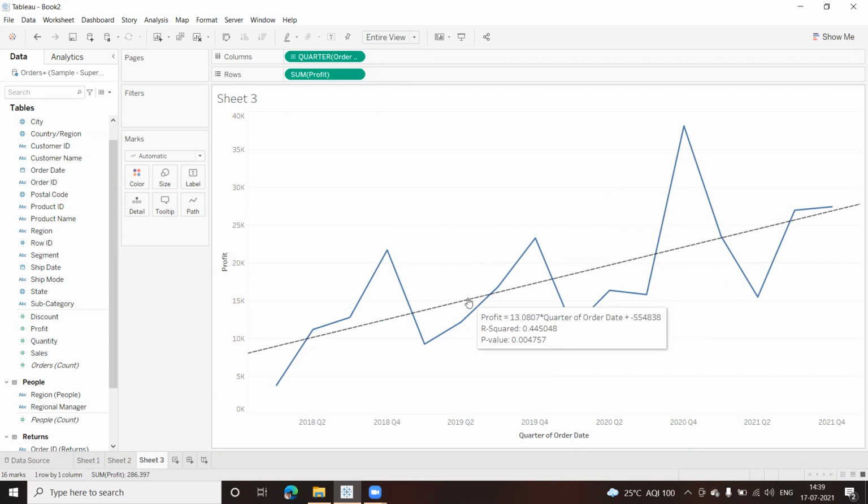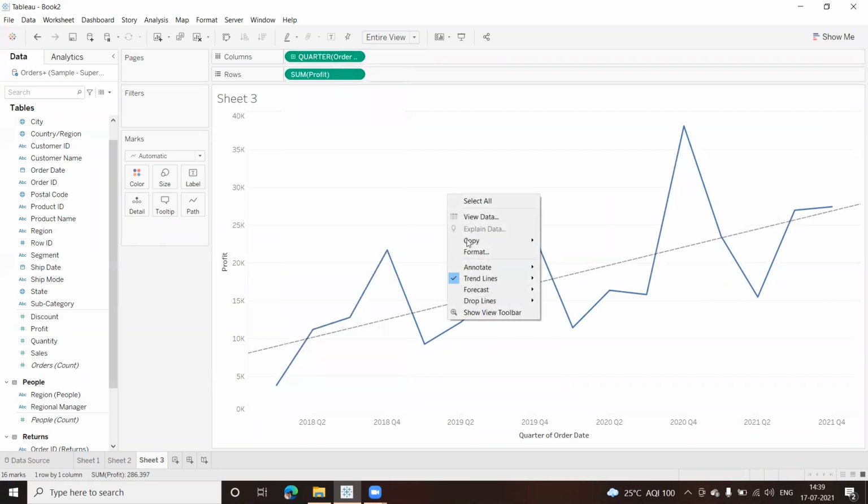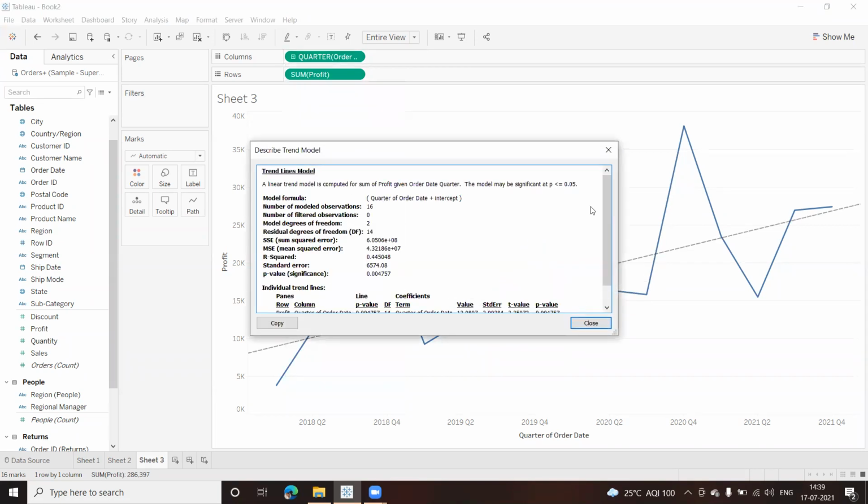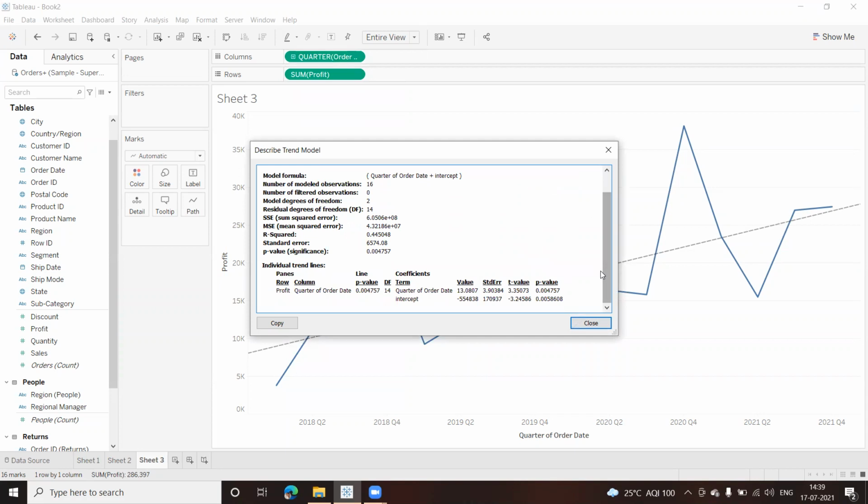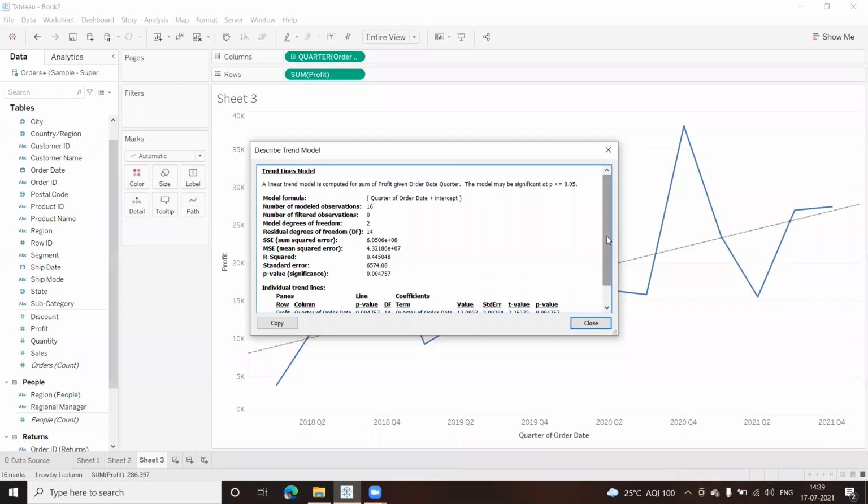Look at this: R squared, P value, and so on. And if you want to know the full value, you can come back here, go to trend lines, and you can see the description of the trend model. All this information is there. So how your trend line model has been calculated, that